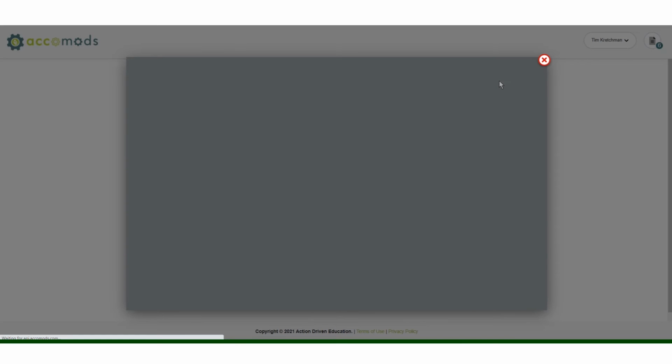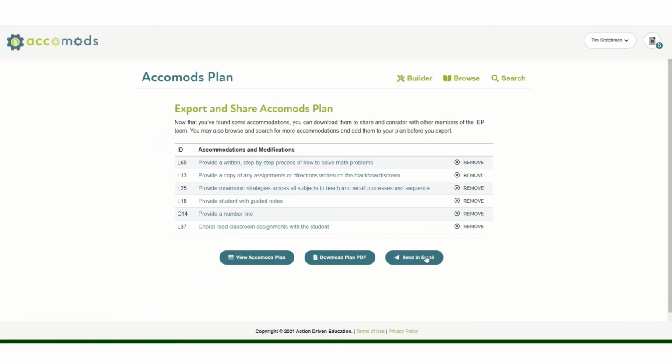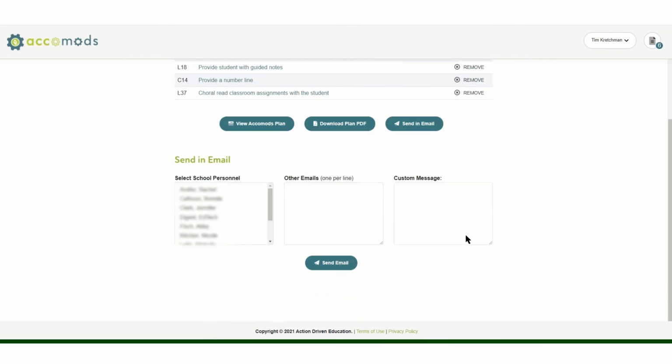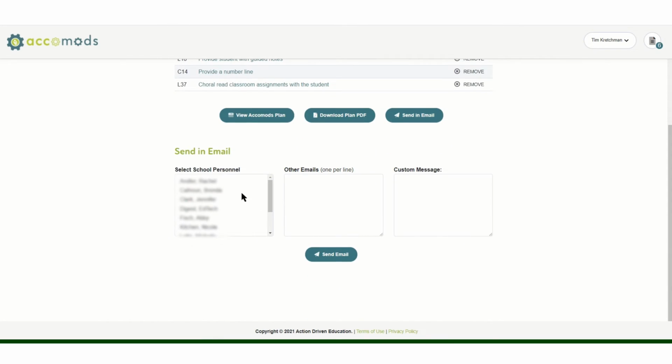Another efficient option is to send the Accomods plan in an email. This feature works great when you're using Accomods on your mobile device. If you're part of a school-wide subscription, you'll find other members of your school in the Send to School Personnel